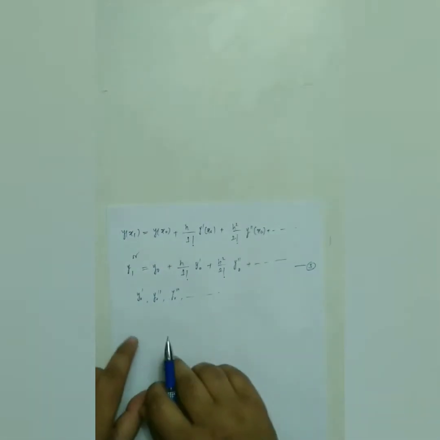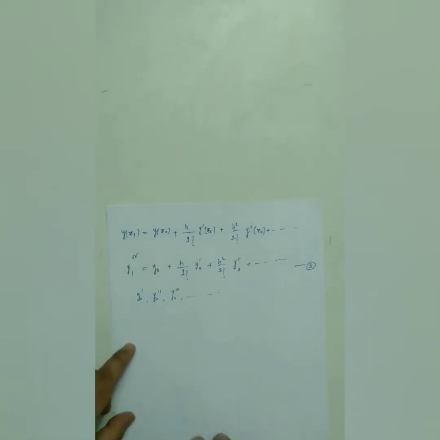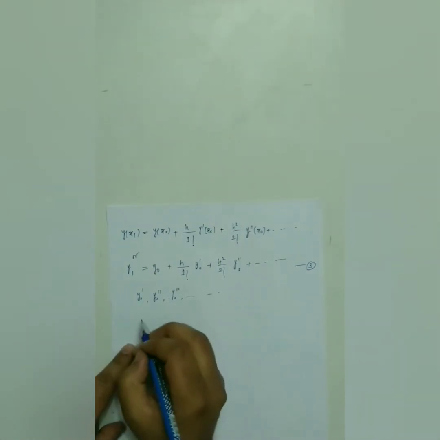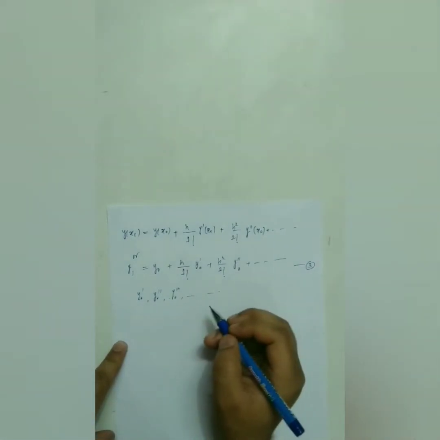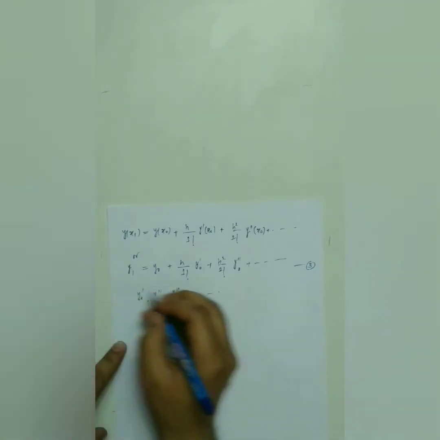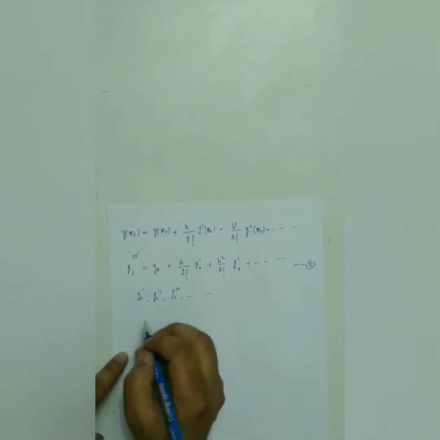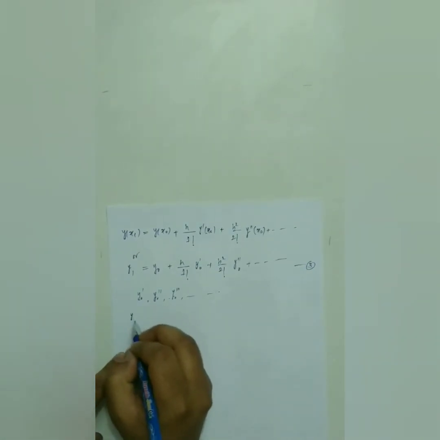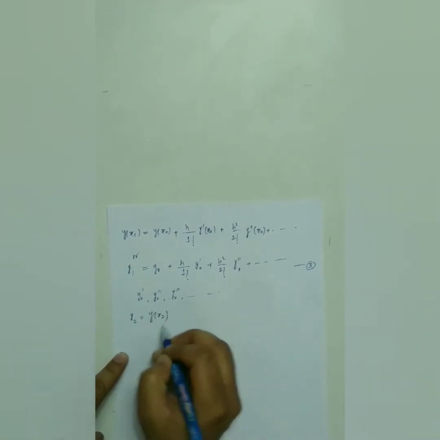When we put all these values here and h is given, then we can find y1. So now y1 has been calculated. Its derivatives y1 dash, y1 double dash, y1 triple dash, again we can find by using 1. Similarly, we can expand this series, this y x about x2, that is we can write y2. y2 means y at x2.